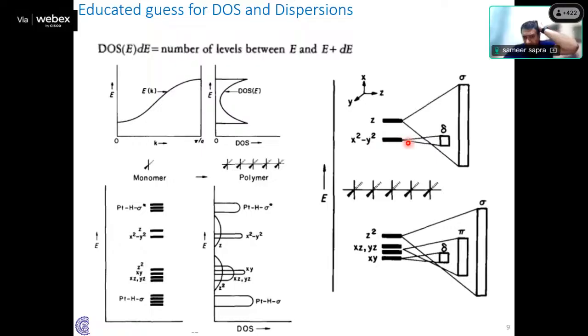Likewise, I'll have least for x square minus y square, highest for z square. And the energy order is also going to be more or less in this range. Likewise, the DOS also. So although I cannot do things quantitatively, qualitatively I know what my electronic structure is